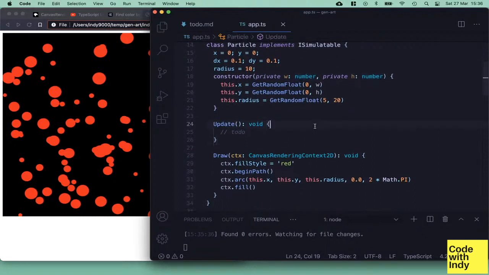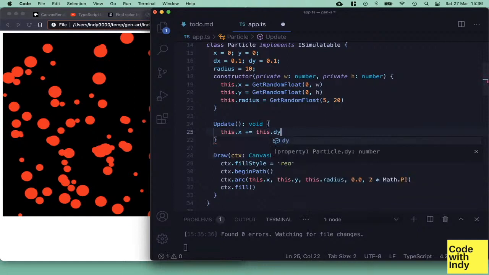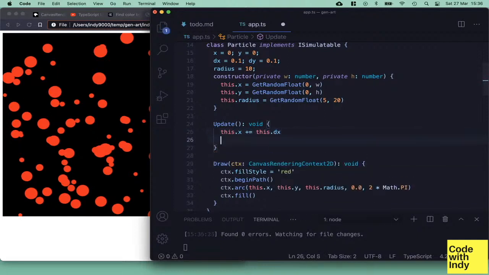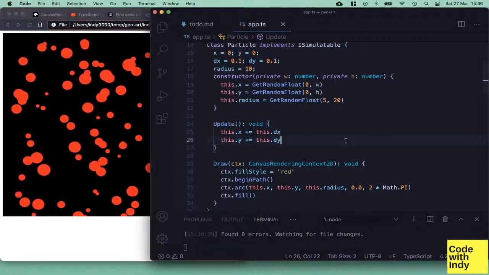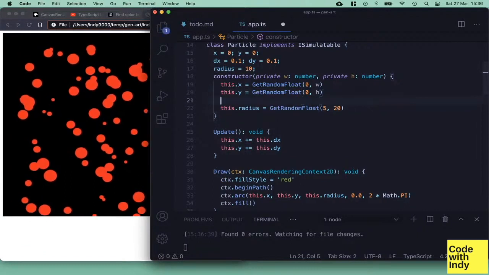In the update method, we can do such things like change the position. So the position, this is x, we can do something like this dot dx, which gives us the new position. y is the same, this dot dy. Now what should happen is that these should move with this velocity. The velocities wouldn't change, so they all move at the same speed. This is not what we want. We want different